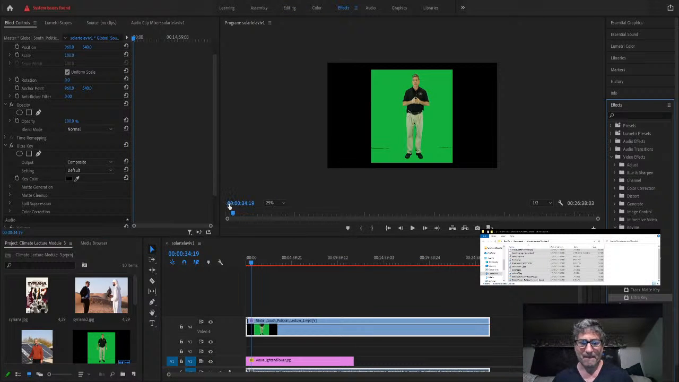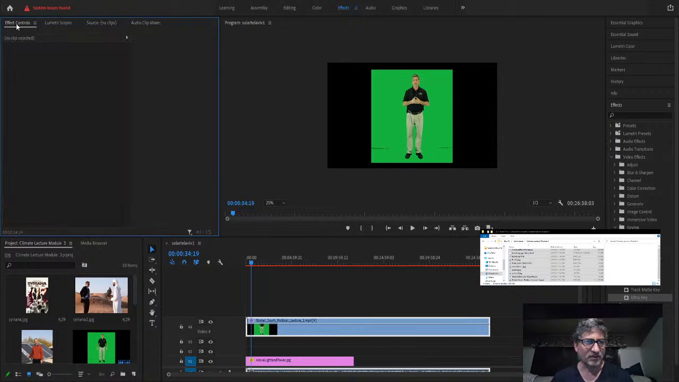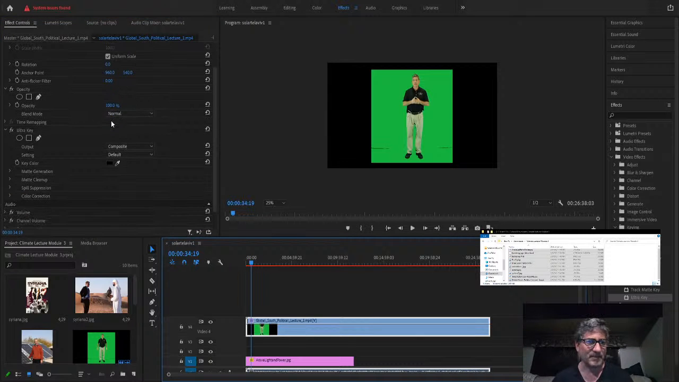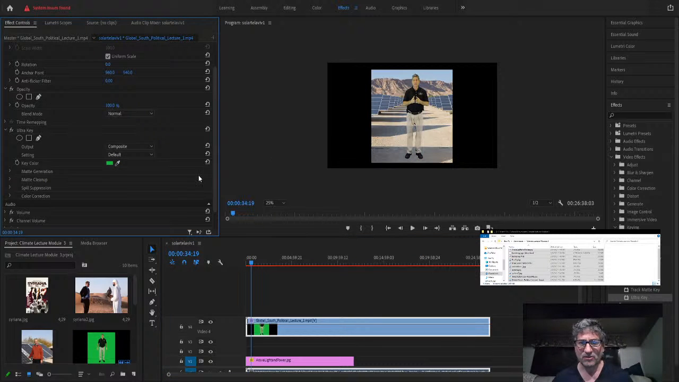All right, now we've got Ultra Key dropped on there. That means the effect is going to show up under Effect Controls. Make sure you've clicked on Effect Controls over here. And it says no clip selected, so I got to go back and select that clip. There's Ultra Key. Grab the key color dropper and put it on the green. And lo and behold, it disappears. But watch out, it looks like my pants are also disappearing, so work with your transparency a little bit and your pedestal,